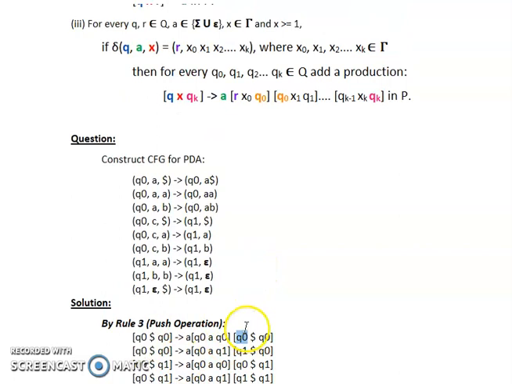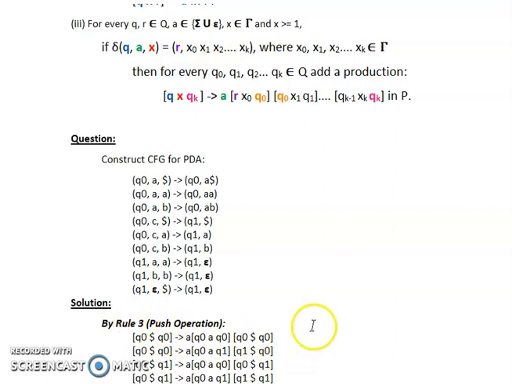Now, two more productions have to be added. So these productions are for this QK, because QK can have two values. Till now, we have provided only one value, that is Q0. Now we are going to produce the rules for Q1. So for this, we are going to change only two values. The right hand side will be copied as it is, and on the left hand side we are going to change only Q1 and Q1. So from here it is very easy.